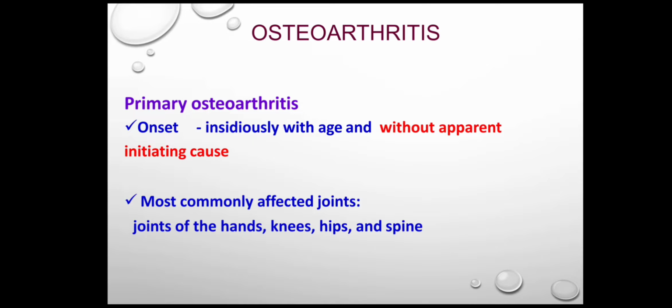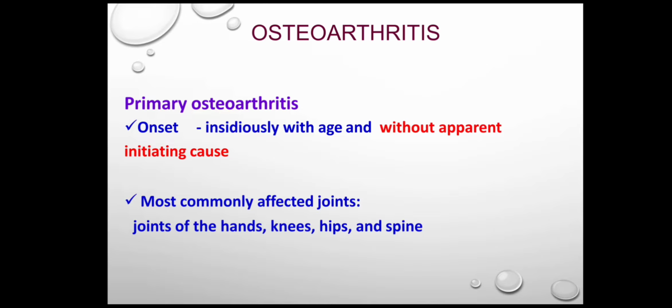Osteoarthritis is of two types, primary and secondary. When do we say primary? Always remember that primary is when there is no other cause besides the joint disease, like there are no associated diseases or deformities or secondary complications. If they are not there, then we call it a primary osteoarthritis.